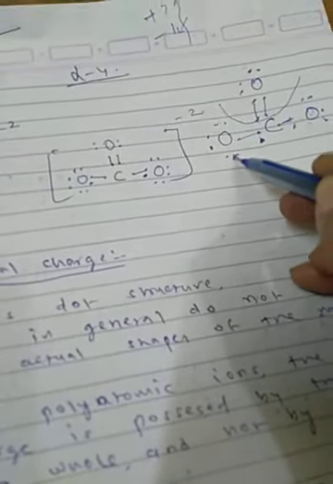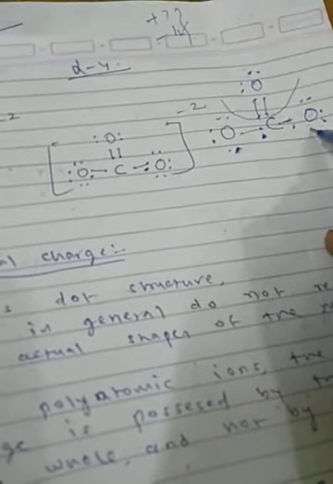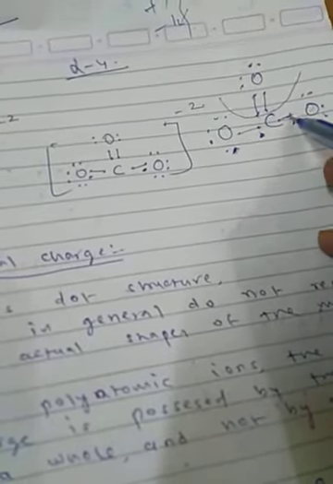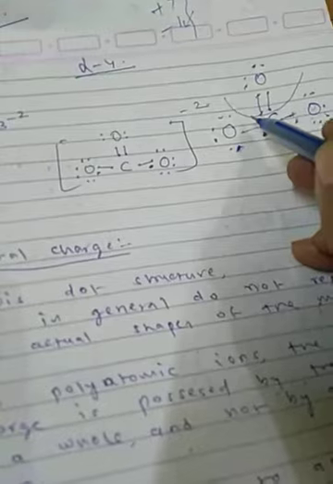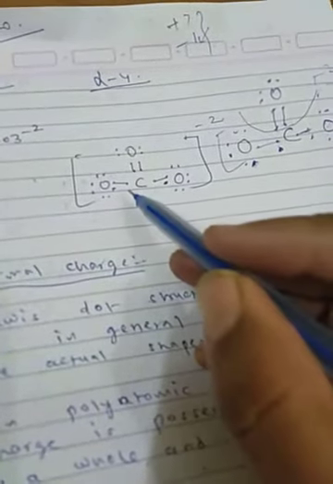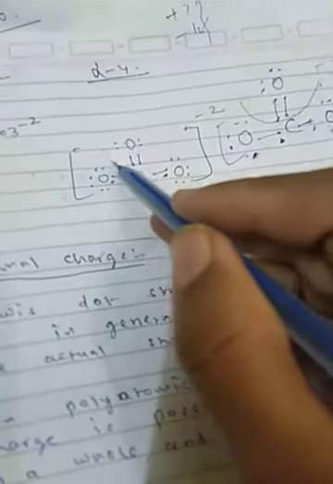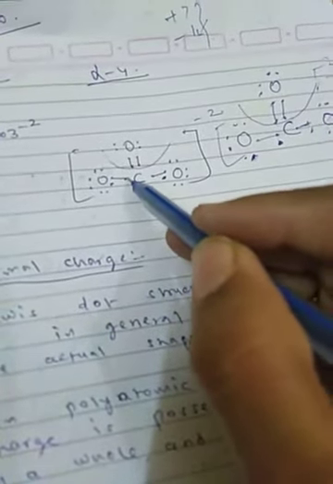So 2 more electrons, means 1 and 2. Okay, so 6, 1 here and 1 here in oxygen. You have to show more oxygen. So in this way you have to show CO3 minus 2 charge. Same you have to show but only 2 electrons more. So one single bond here, one single bond here, one double bond here. So in this way they complete their octet. Here 2 more, minus 2. Like that you can do CO, this example, and NO. Minus 1 means 1 more electron you have to add.